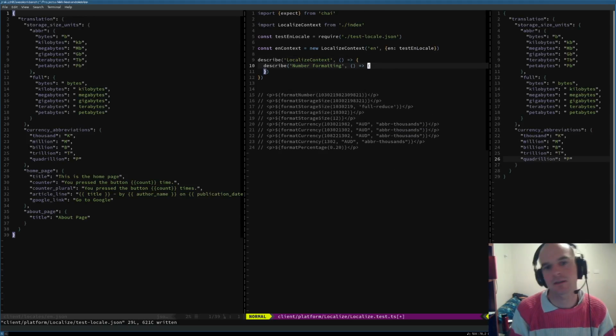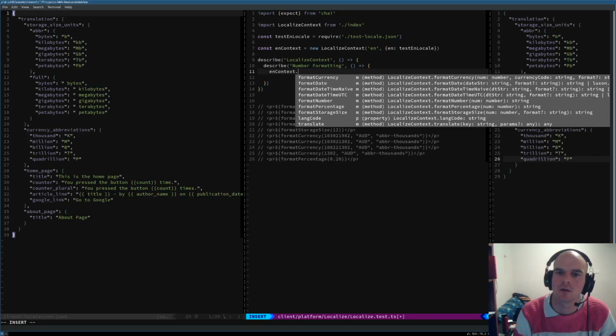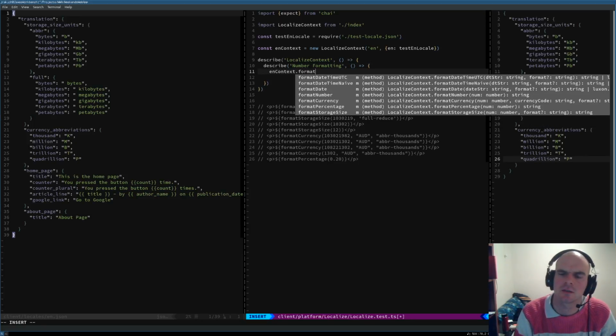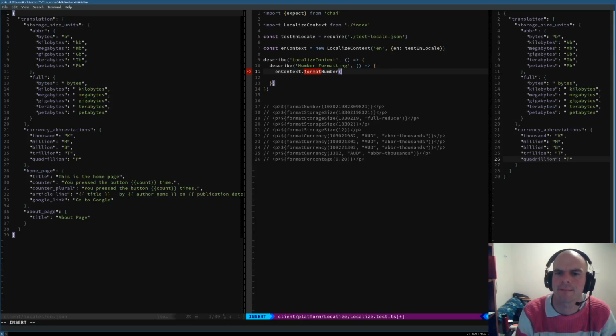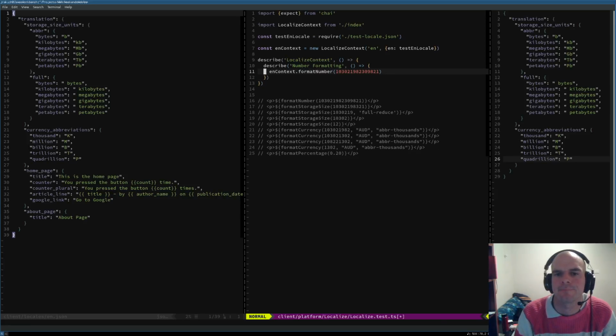And now we can get to the testing. So if we were going to pull apart this localized context, we would expect en context dot format number, we would expect this to equal something else.